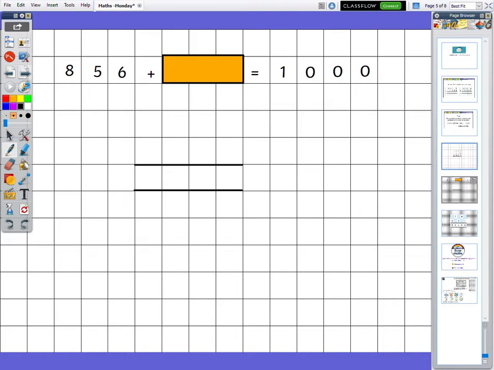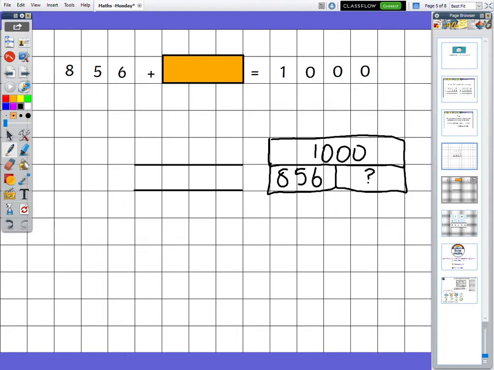So if we were to put this in a bar model, we would see that 1,000 is our whole and 856 is one of our parts, but we are missing the other one. So we would need to do the inverse. We would need to do 1,000 subtract 856. Okay, so as you can see, I start on the right as usual, but I can't do 0 subtract 6,